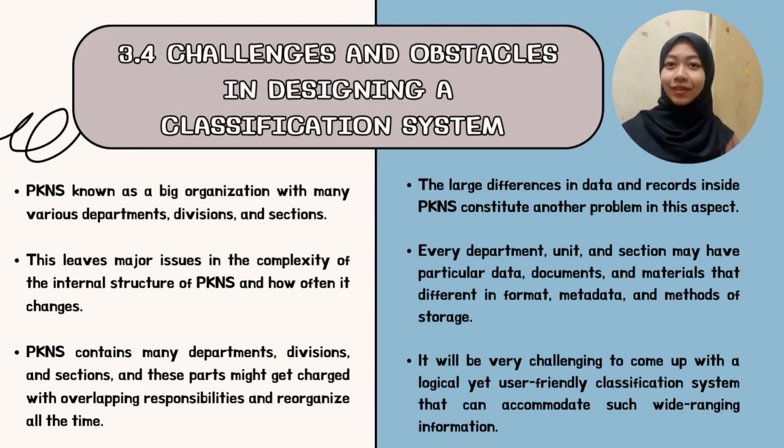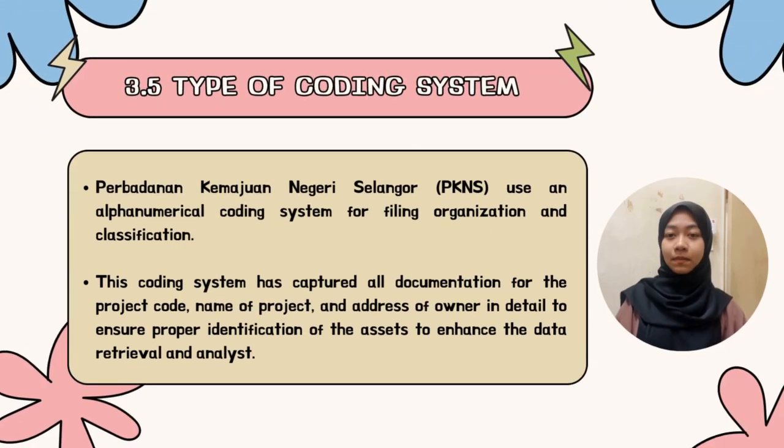potentially disrupt the processes. PKNS has implemented a comprehensive and well-documented classification and coding system that serves as a key component of its information management practice. Perbadanan Kemajuan Negeri Selangor, PKNS, uses an alphanumerical coding system for filing, organization, and classification. Certain files and assets that come under the responsibility of PKNS receive a special alphanumeric classification method that indicates the placement on mobile shelving along with the additional